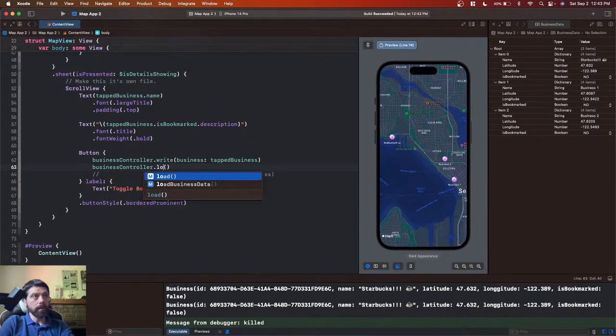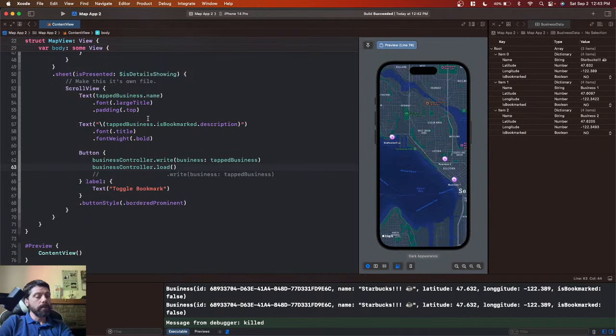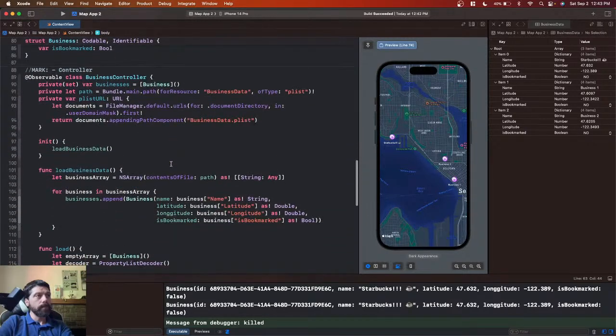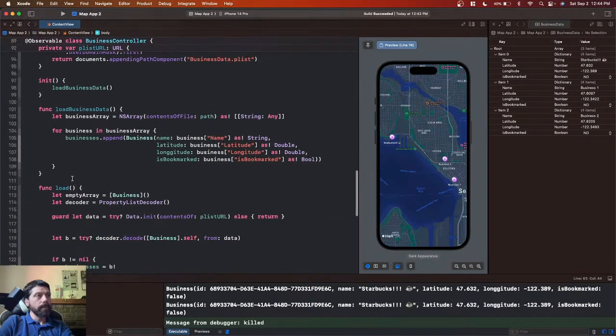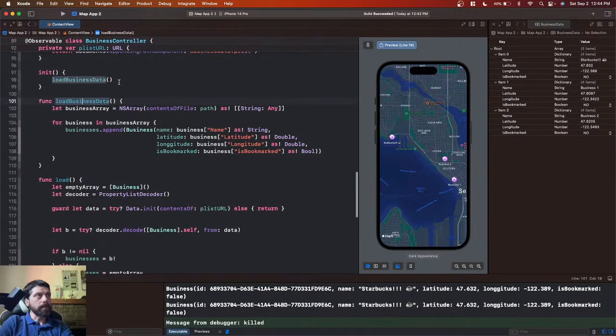We want to go load. Do we need to call that now? We have this load. I wonder if we need this. We're doing this the first time, so